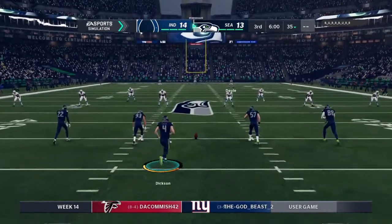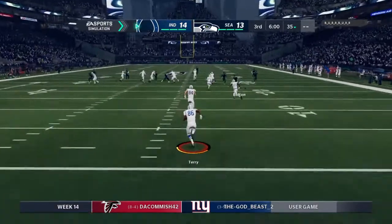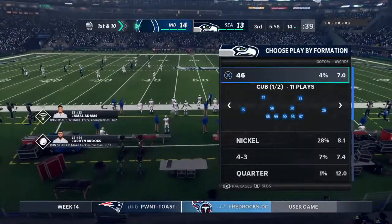Forecast calling for more of the same. The rain set to continue as we are underway in the second half. Taken about 7 yards deep. And he's probably realizing he should have stayed in the end zone as he can only muster a return to